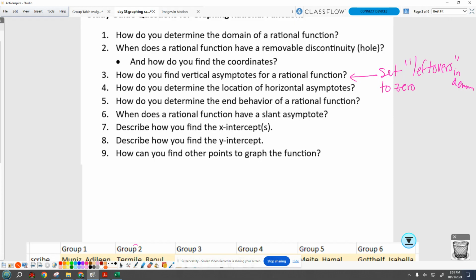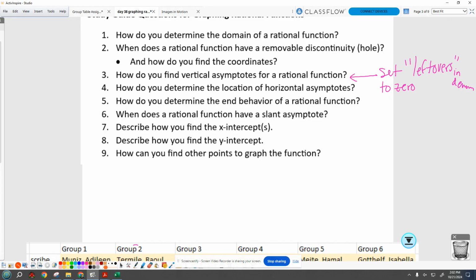And horizontal asymptotes. Bella says, if it's bottom heavy, the horizontal asymptote is y equals 0. If it's top heavy, she wrote y equals none, meaning there is no horizontal asymptote. And if the highest exponent in the top and bottom are equal, you take the coefficients in front of those. So Kamal, I think you have vertical and horizontal swapped. So you take the coefficient of the highest exponent in the top over the coefficient of the highest exponent in the bottom, and there you go.